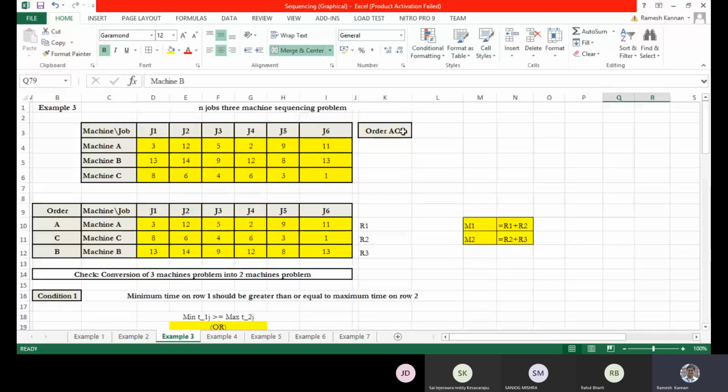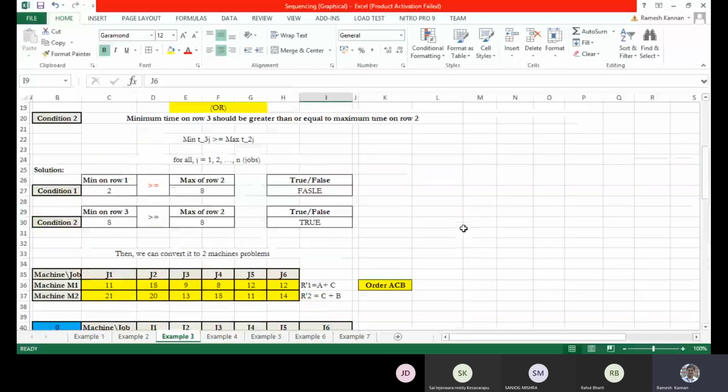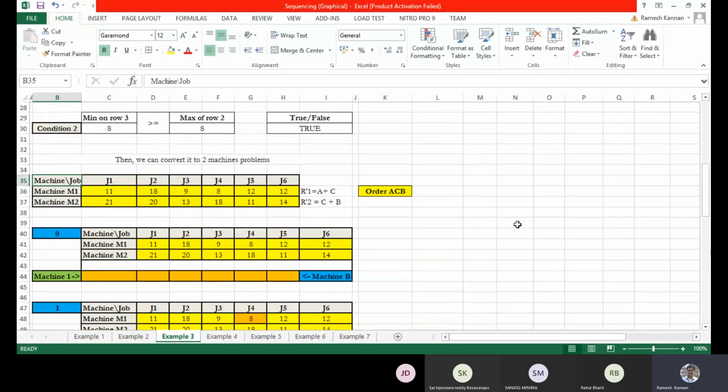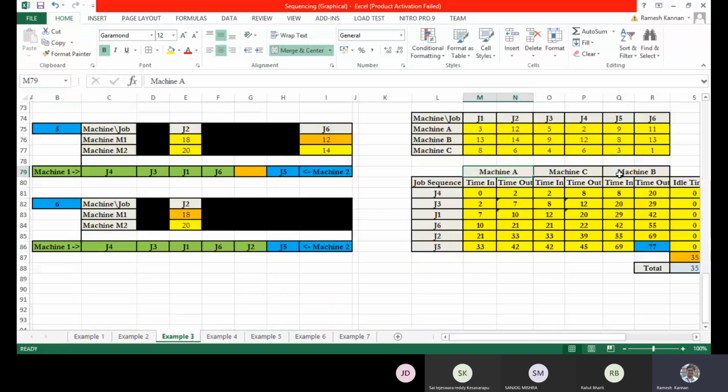So remember that this is very important for making this table, and also for considering the equivalent conditions, the equivalent machines, and also this final thing: machine A, machine C, and machine B. Okay. So the procedure is fairly the same. I repeat one more time. So probably you can make a note of it.